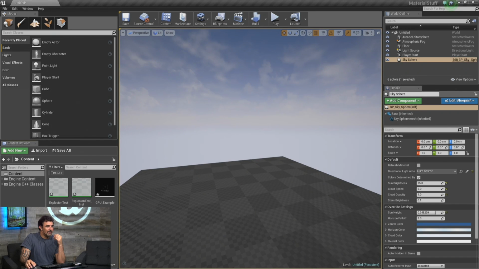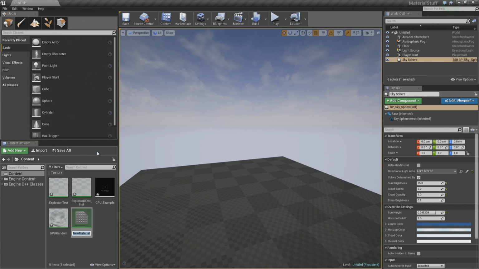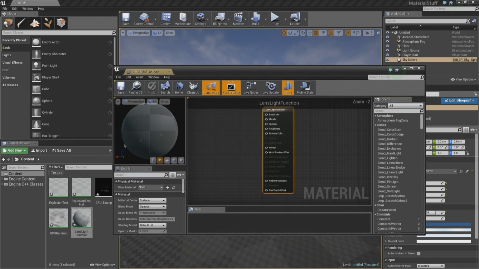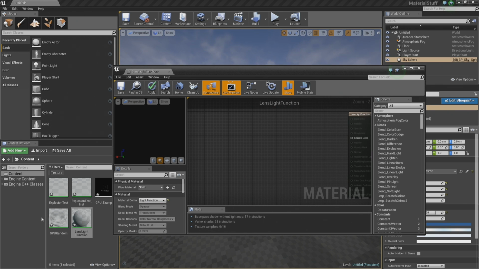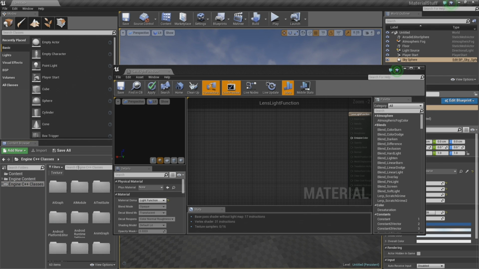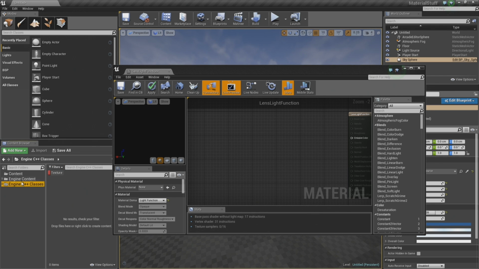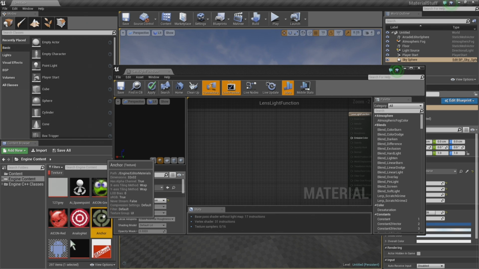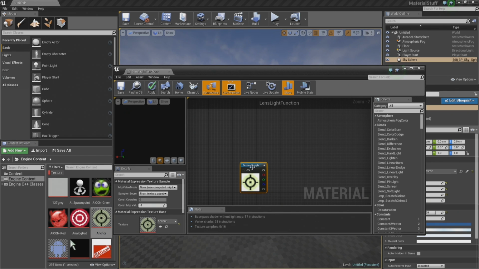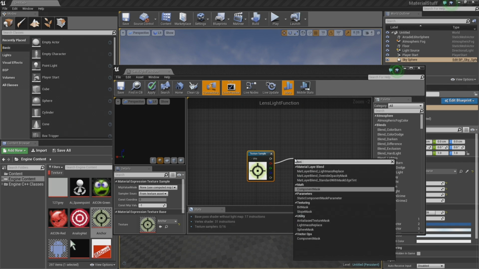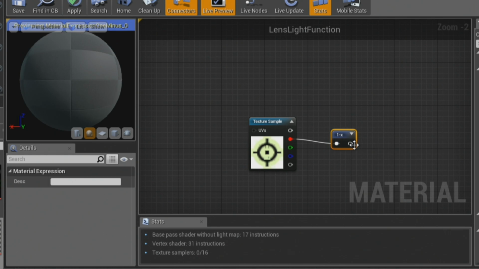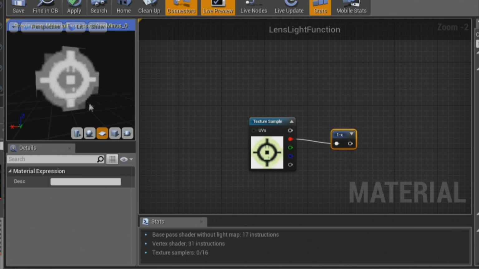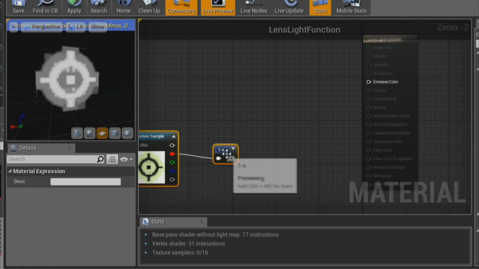So a light function lets me have a material on a light that will show up on the spotlight in the world. So let's go back and find. This will work. So there, kind of noisy, but